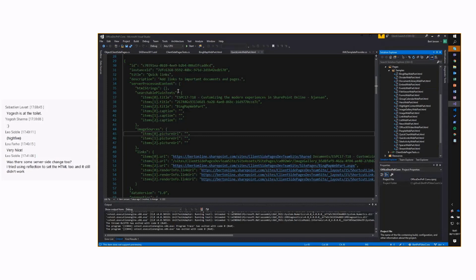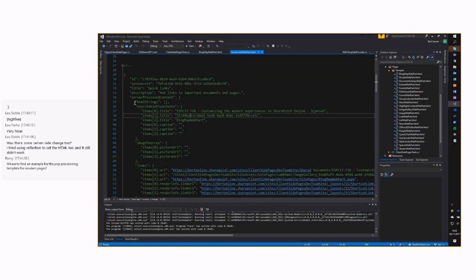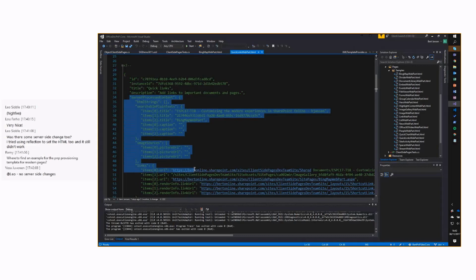I've added all web parts with their properties. So if you ever want to configure or copy, have a look at the properties. This is an easy place to see how it is configured by default. Now, there is the server processed content node in the JSON structure.